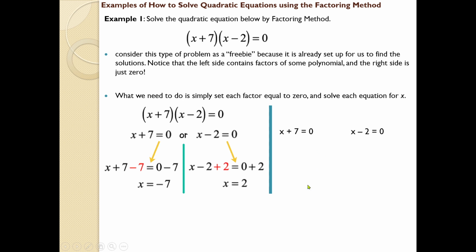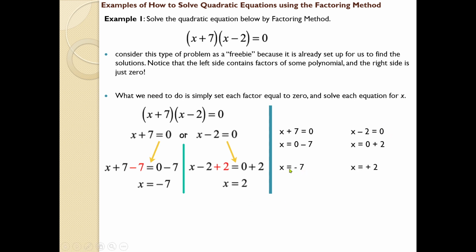Let me show the easiest method. So x plus 7 equal to 0, how are you going to find the value of x? Similarly in this case also, how are you going to find the value of x? It is very simple. x equal to, just shift the numbers to the right hand side of the equal sign. See, here also do like that. x equal to 0 minus 7, x equal to 0 plus 2. When you change the number from one side to another, the sign of that particular number changes. That is basic maths.